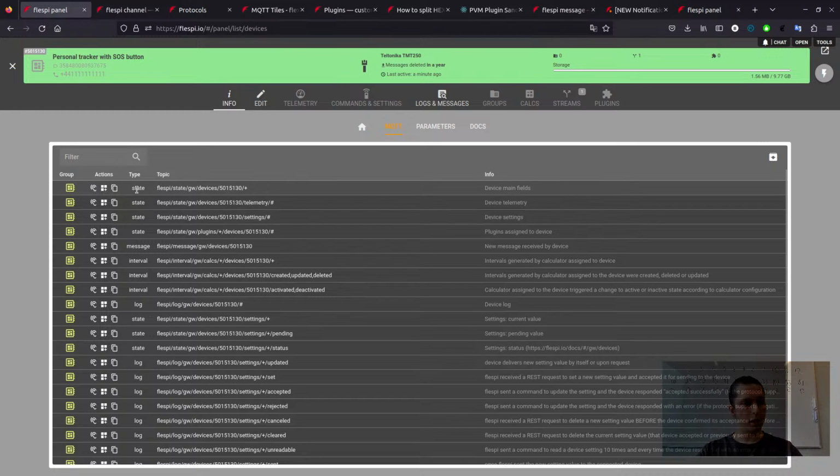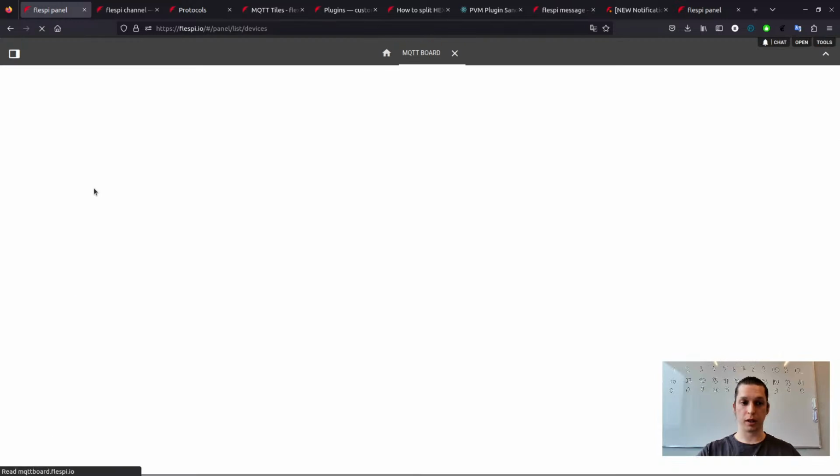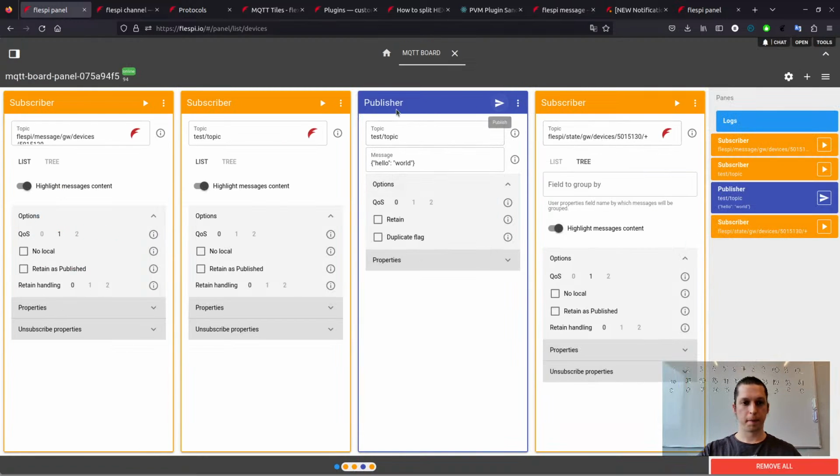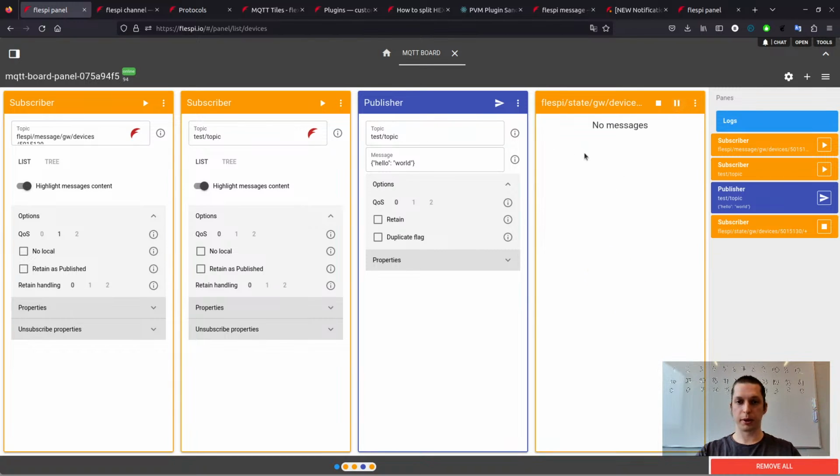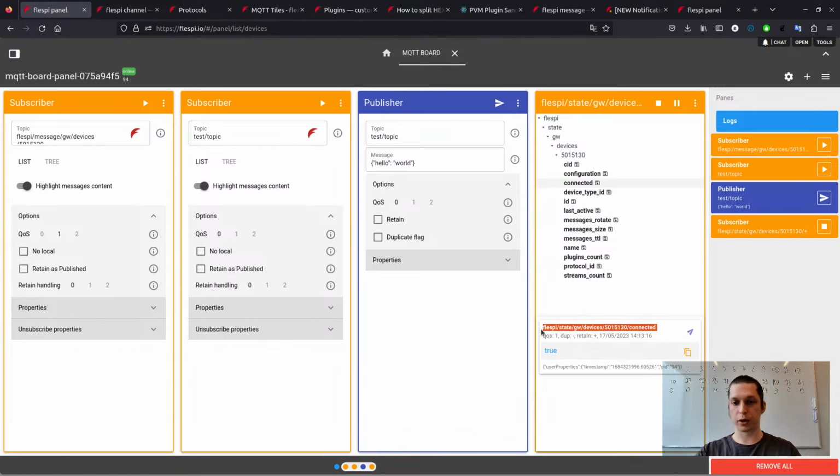There is a type of section called state. So you can get not only events, new events by the device, but also some information about the device. So for example, if we subscribe to this topic, which is called Flashp state, in a tree mode, not in a list mode where all the new messages will appear, but in the tree mode, we'll receive some interesting stuff like all the information about the device. So there will be, for example, a separate topic for connected, right? If the device disconnects, it will change to false. So you may easily subscribe to new events from the device.